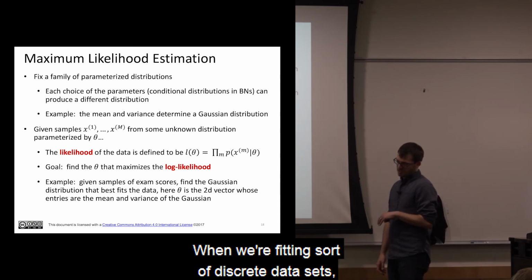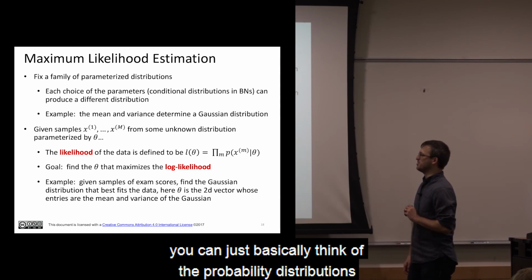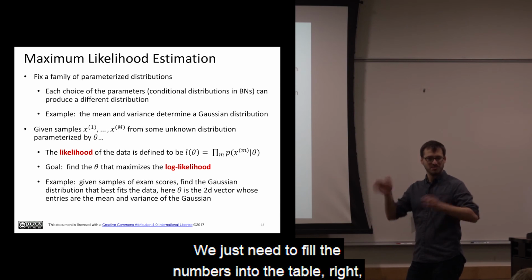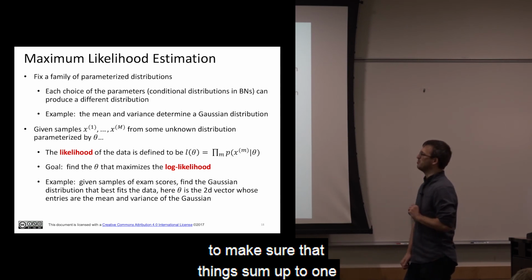When we're fitting discrete data sets, you can basically think of the probability distributions as just some big table. We just need to fill the numbers in the table to make sure that things sum up to 1 and define a proper probability